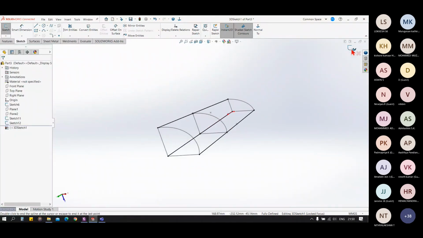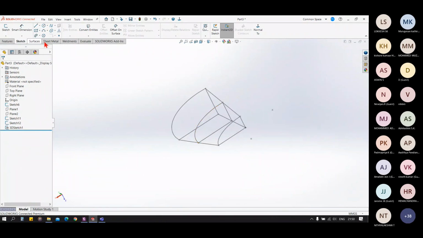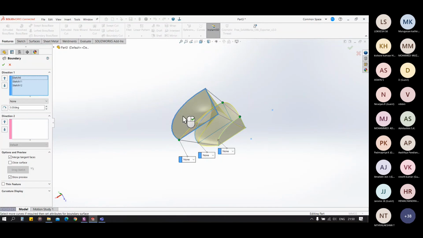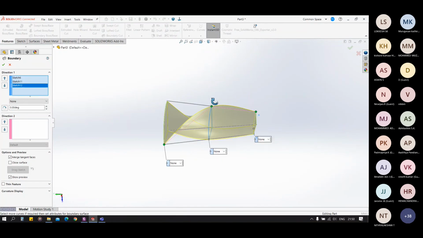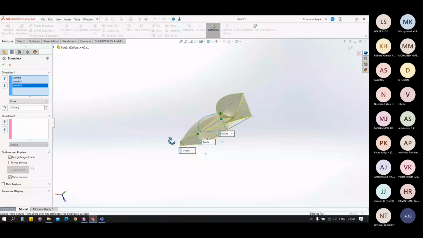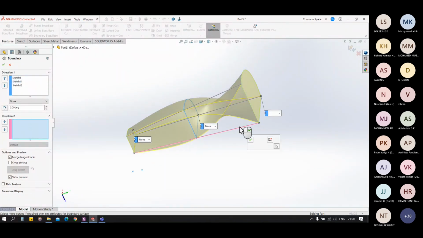So see this interesting example for the boundary. Let's go to boundary. In direction 1, we select these 3 profiles and you can see it's an awkward shape. That's not practically possible. So for that we have our direction 2 controls.